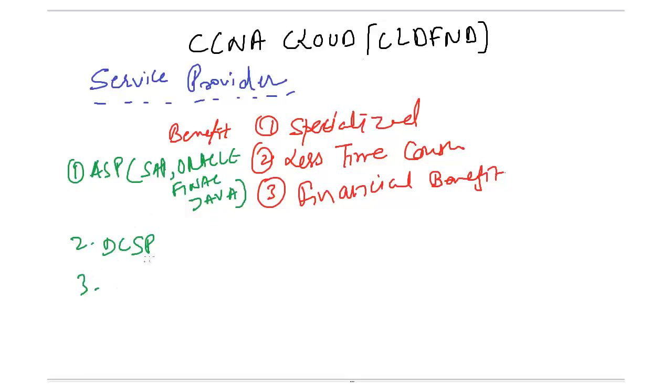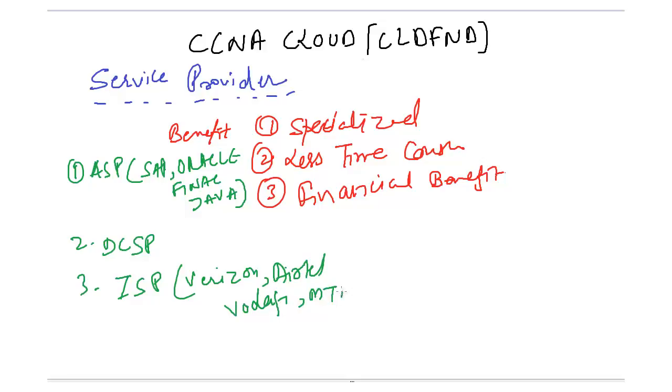Third is ISP, internet service provider. The company that provides you internet connectivity. For example, Verizon, Airtel, Vodafone, MTNL. There are thousands of ISPs worldwide. All right. Then fourth one is